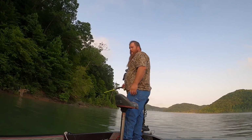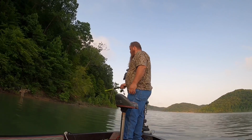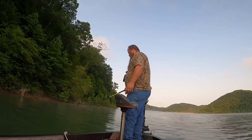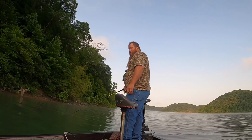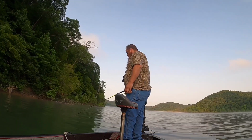And I ain't worried about hiding pictures of the bank and stuff so people don't know where we're at. You know, if they come here and find it, good for them. There's plenty of crappie in this lake. So I had a good hit, but